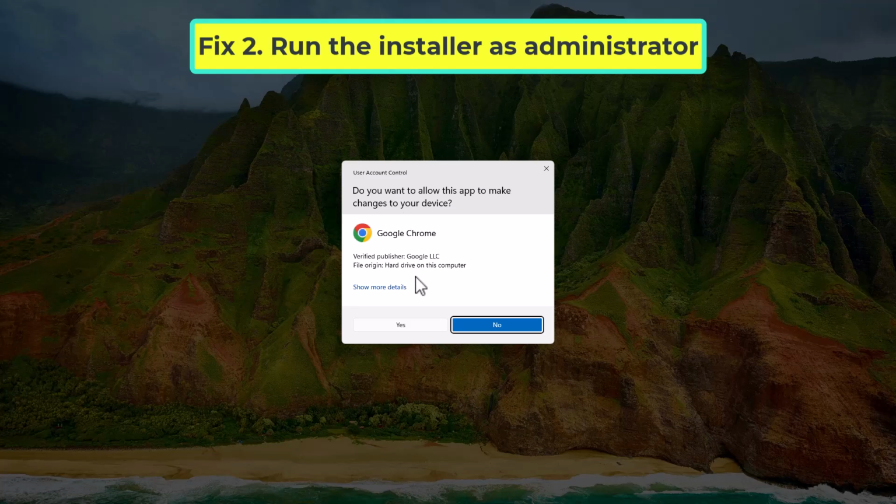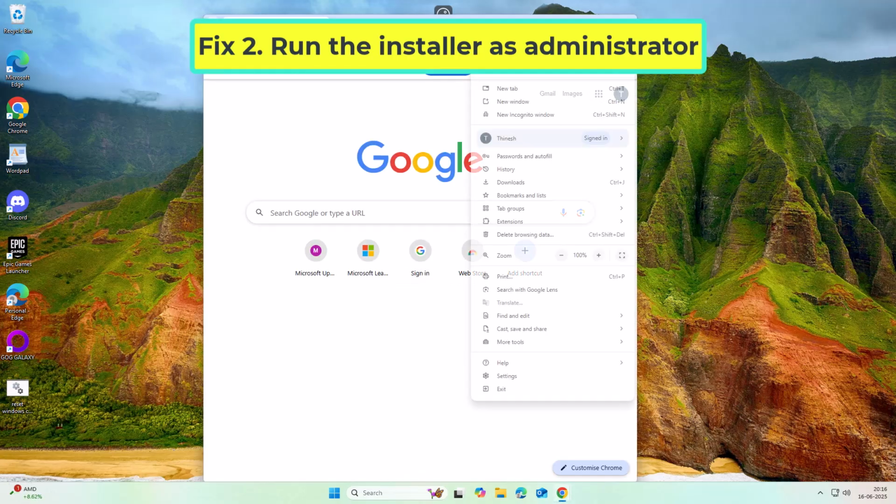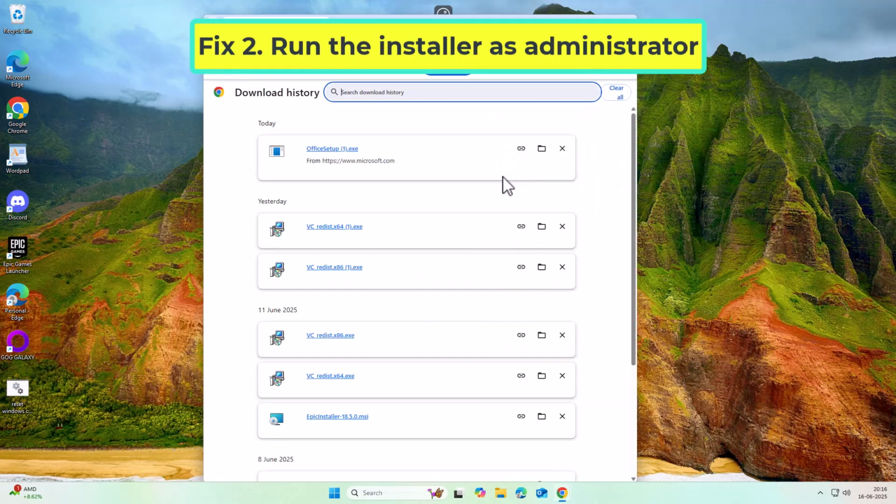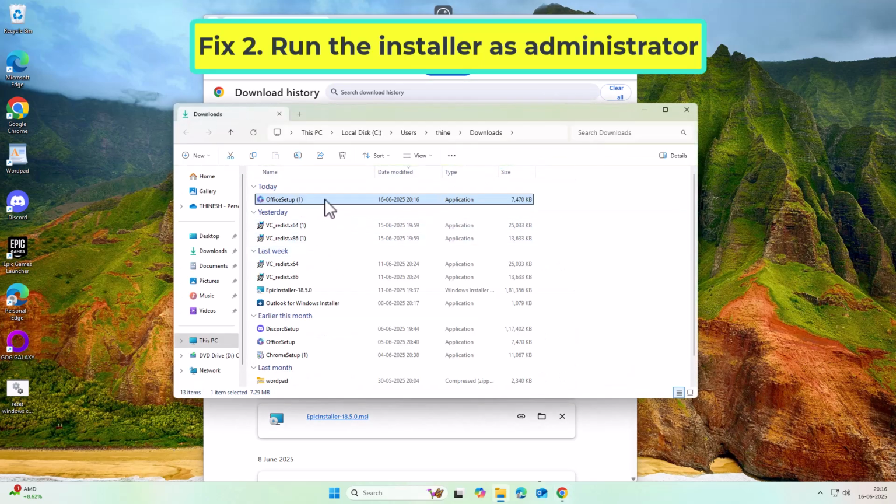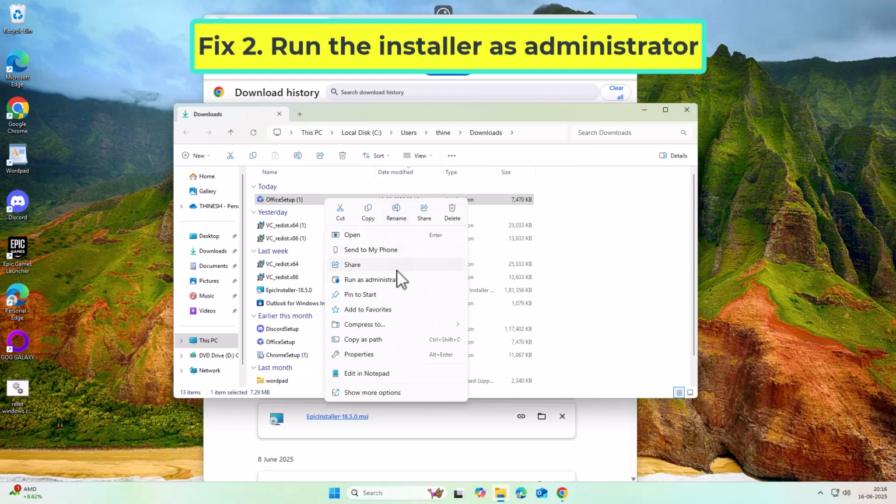Fix 2. Run the installer as administrator. Insufficient permissions can prevent Office from installing correctly. If that didn't work,